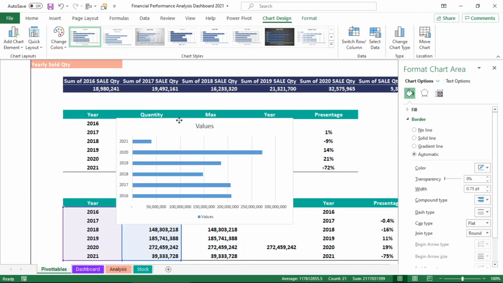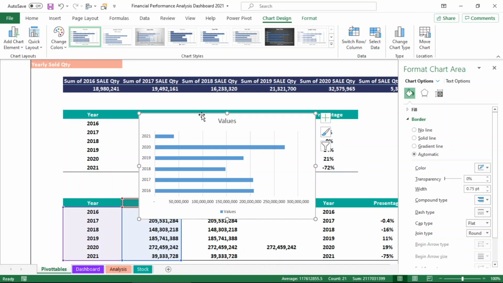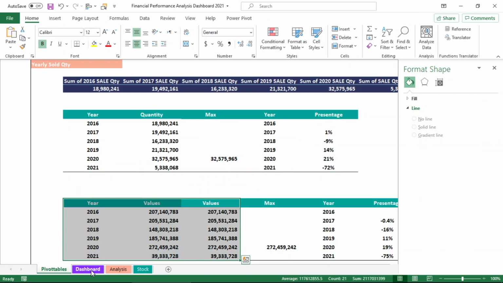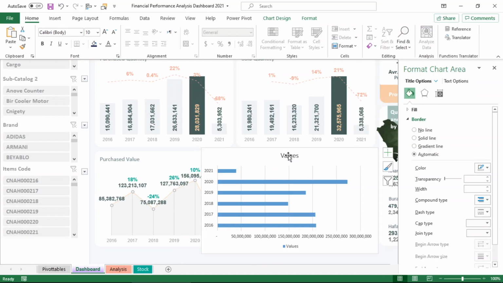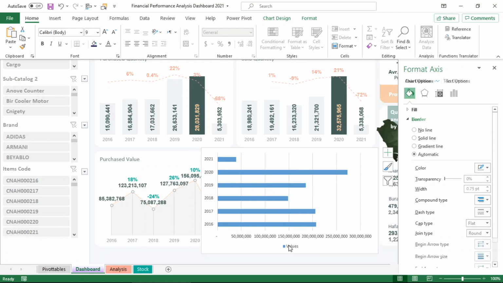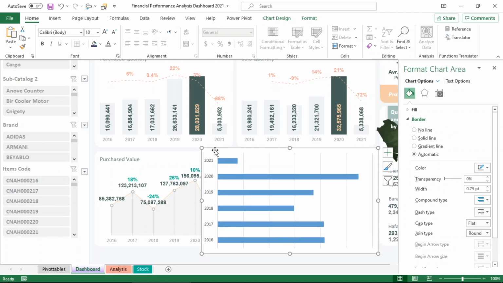We will show the value of sales during the years, as well as the rate of change. The steps are very similar to the previous chart, but of course with a different chart type. We will use the bar chart here.